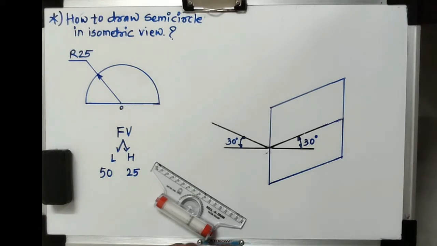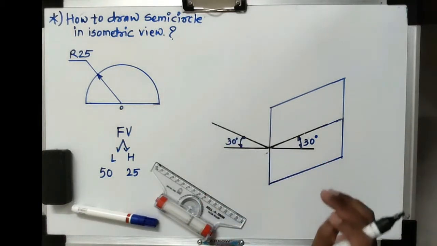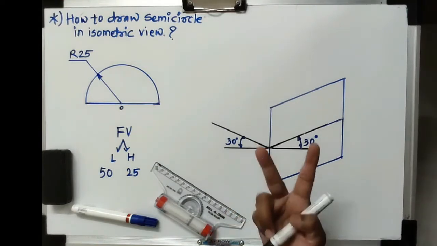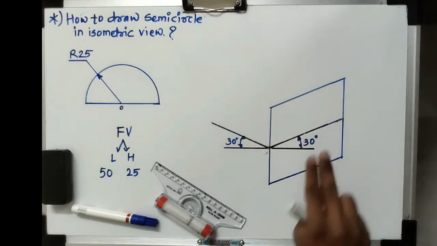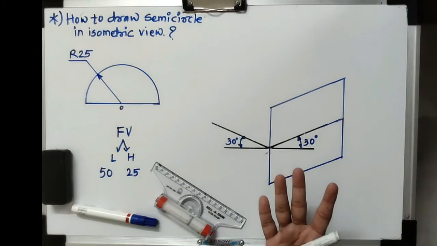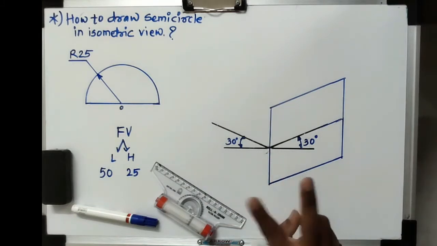Now the next step is we have to represent the origin points as per the 4-point center method. The circle gets created in the isometric view. Here also we have to represent the 4 center points for drawing that. Out of those 4 points, only 2 points will be applicable to draw the semicircle. Just remember, for a complete circle the 4 points will be useful, and for a semicircle only 2 points will be useful.